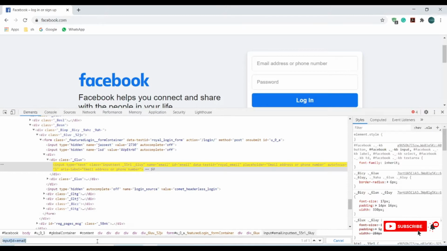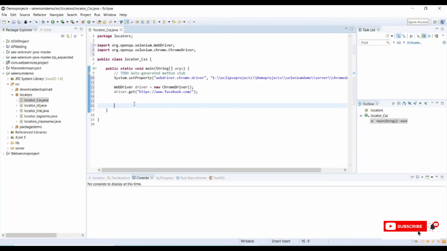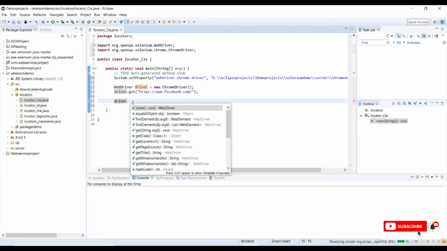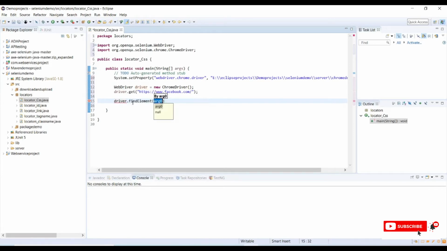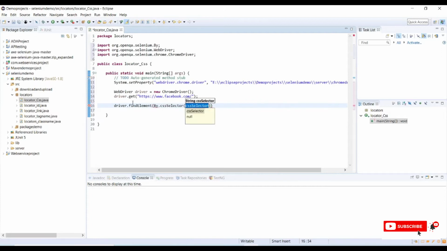Let me copy this and go back to our actual Eclipse code. Here we already created a driver instance, and we will use that same driver instance: driver dot findElement by CSS selector, and under the selector we need to provide the value.